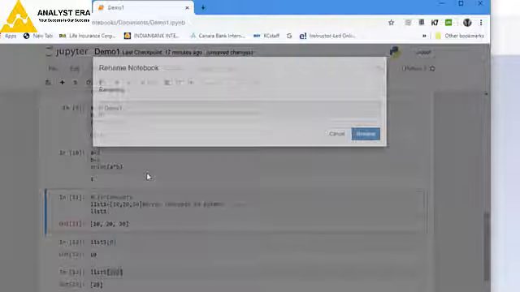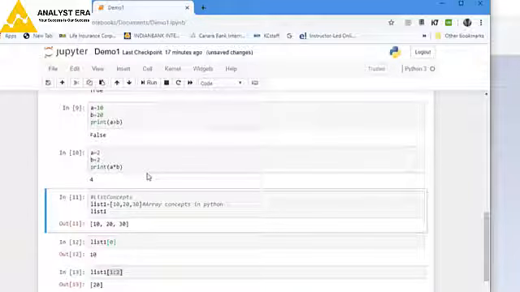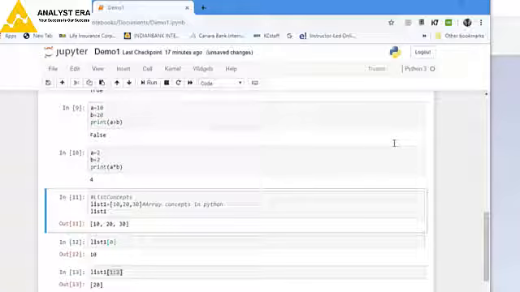It's very easy. Any doubts? Can we import a list from Excel or something? Yes, we can import Excel, CSV files, TSV files. These are all files.